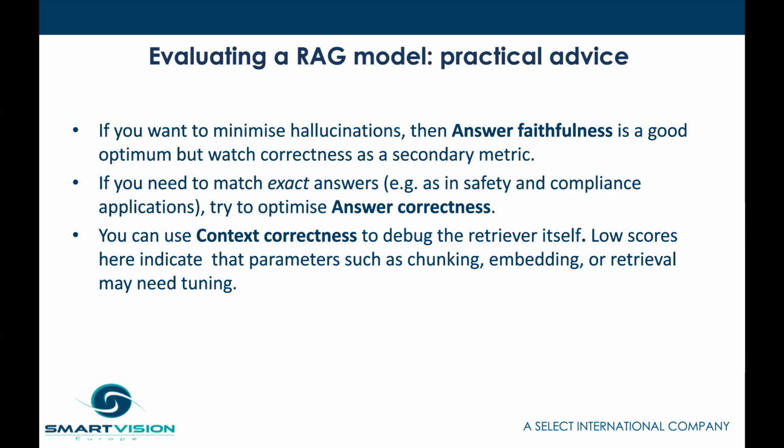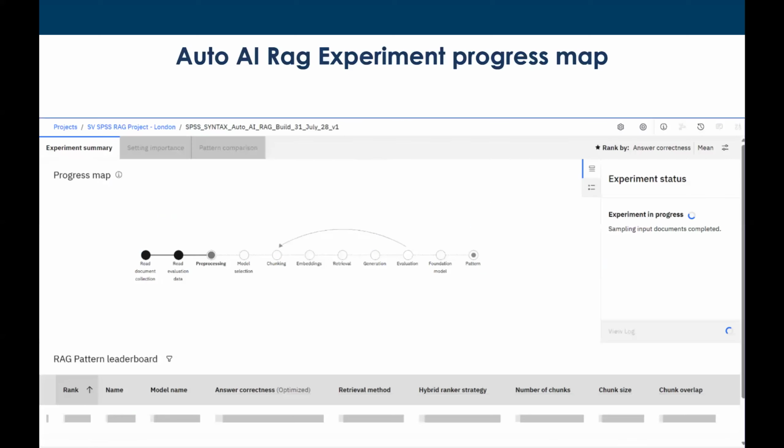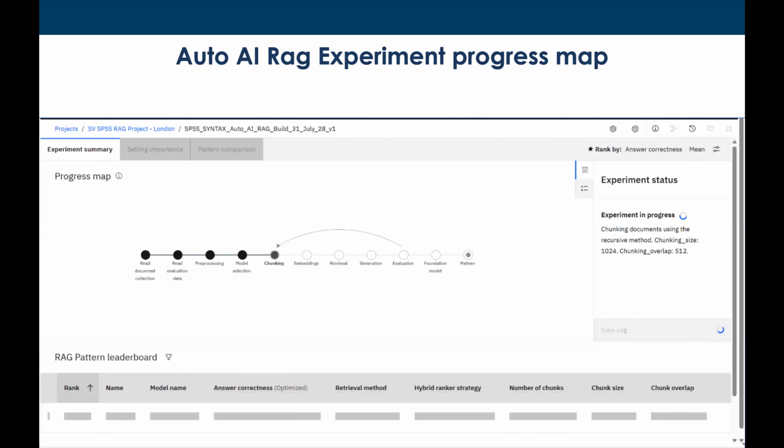Okay, so what does this look like when we submit our document? We say, okay, rerun it again, but try out many different models and rank them in terms of how they performed against our evaluation document. Well, what you'll see when I run this is it starts the experiment process and says, okay, I'm going to read the initial document collection. I'm going to read the evaluation data. I'm going to then start pre-processing that, turning it into a vector, and then going to choose a model. And eventually it works its way through this series of steps until it produces a model at the end.